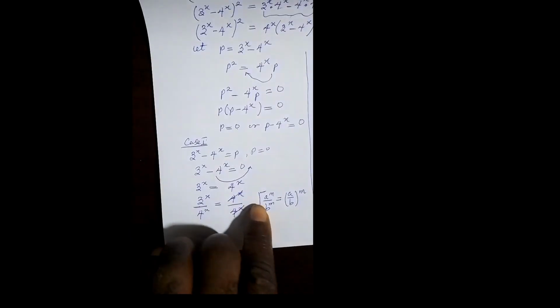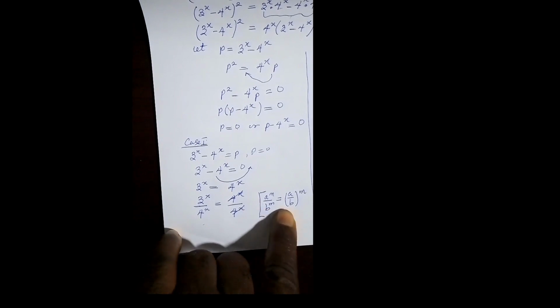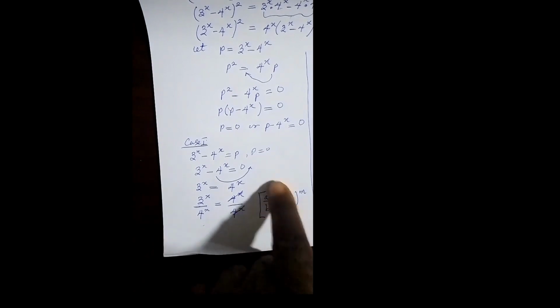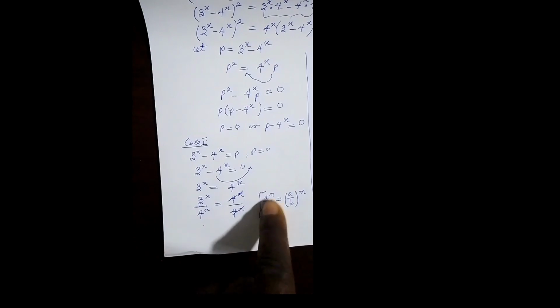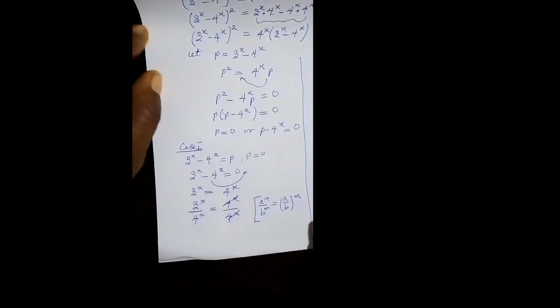When you have a base to the power of m divided by another base to the power of m, since they have the same powers, we can simply take out the common power and then divide the bases. So if that's the case, then this equation becomes